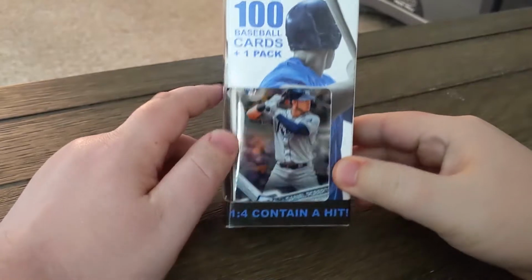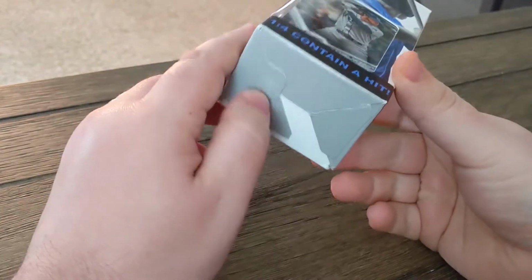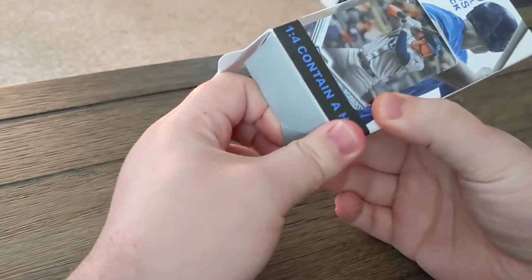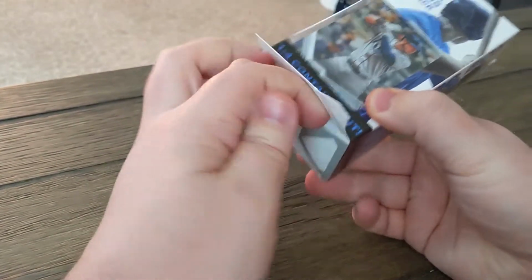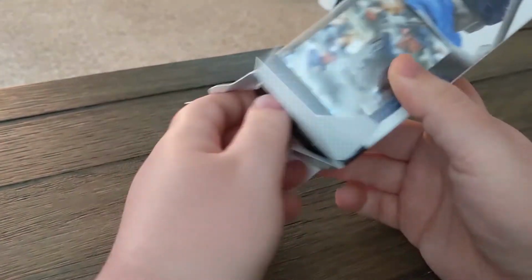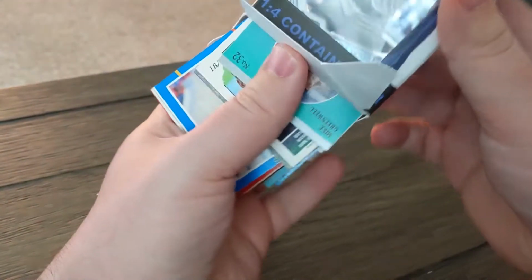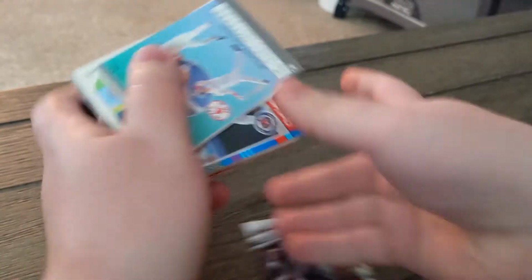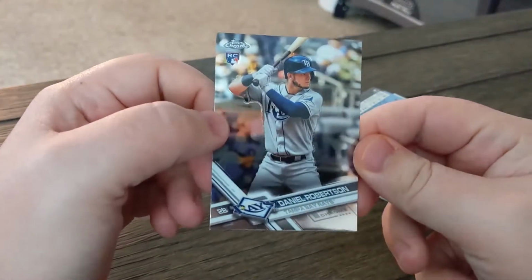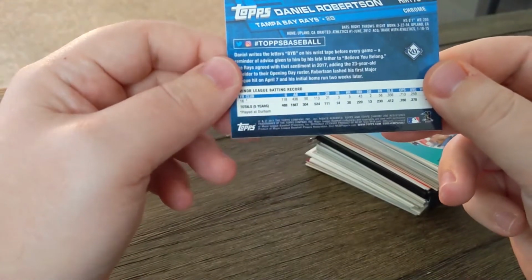Thought we'd have a little fun with a hanger box from Walgreens. A lot of cards are kind of delayed, so you're not seeing a whole lot of new stuff at the stores. So I figured this might be fun. Kind of throw it back a little bit, watching some Korean baseball on TV, and we'll see what we get in this pack here of a Walgreens hanger. So first off, a Topps Chrome Daniel Robertson rookie card from 2017,